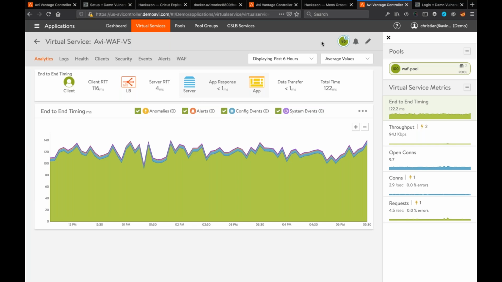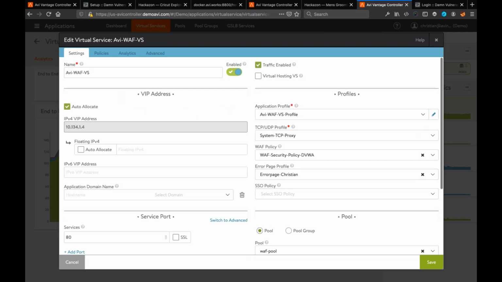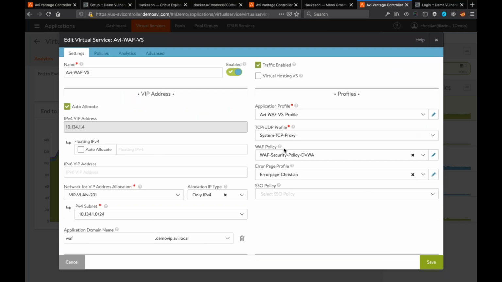And for us, the important piece is how do I enable the application firewall? That is very easily done by adding or editing here the virtual service, and there's a WAF policy and a WAF error page profile that helps us to present a nice error page later when the WAF actually blocks.